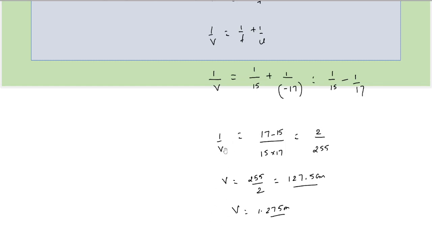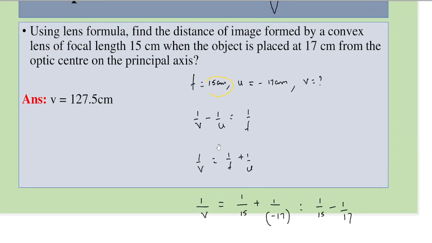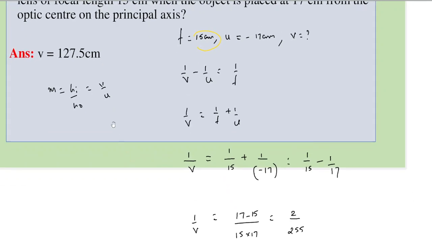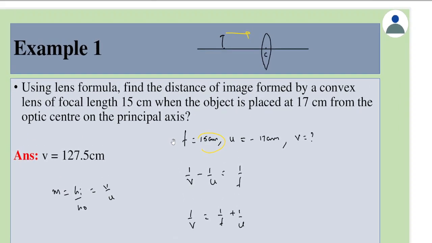Now in some questions they may ask you to find the nature of the image also. Nature would mean finding whether it is real or virtual, and they may also ask you to find what its magnification is. Recall that magnification is defined as the height of image over the height of object, and when you solve it, it is equal to v by u. So in case they ask you to find the magnification, put the values of v by u and solve it. Keep in mind that here m would be negative because u is negative. So by sign convention, m would be negative finally, which also implies that it's a real image.